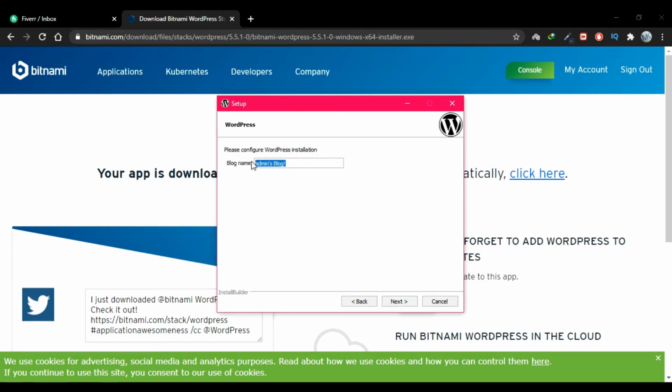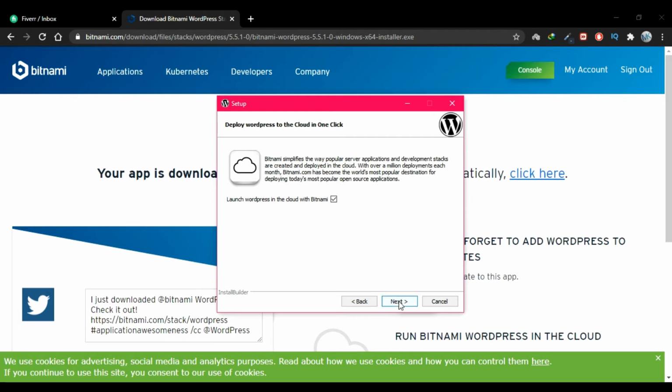Here's your blog's name. I'll go for Royal Store. You can write whatever you want. This will be your default blog name, but you can change it in your dashboard. You can configure your mail support. The email you provided will receive promotional emails. I think you should keep it deselected. Click next,